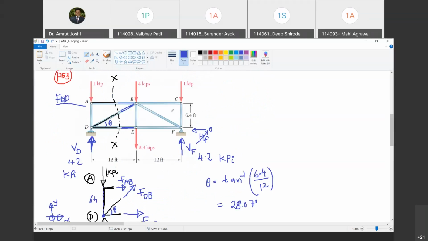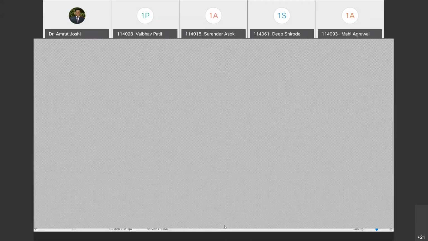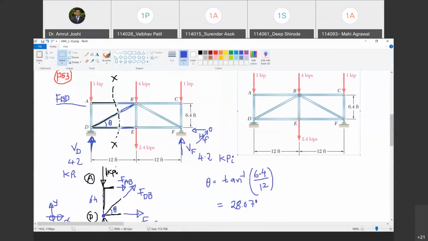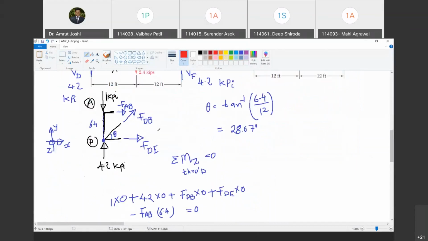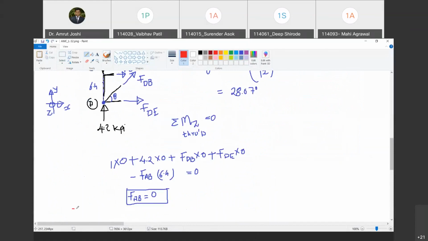So what I will do now is, let me again draw a diagram here. Let me mark the forces on various members. So force in member AB is how much? 0. So 0 kPa is the force in member AB. Happy? Yes, sir. Now what should I do next? Next is summation Fx equal to 0. Happy? Yes, sir. Summation Fx equal to 0 gives me what?